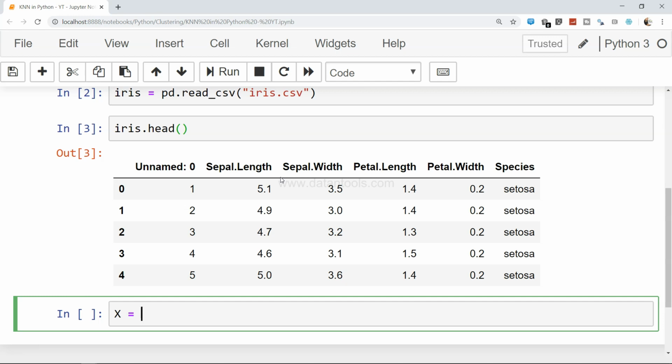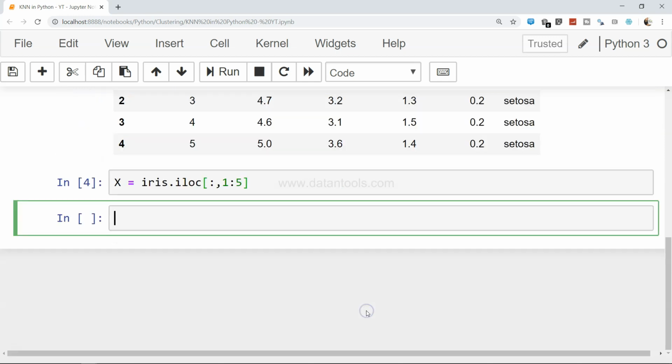So what will be the answer? Well, the answer is iris.iloc, colon, and then the column positions. So 1 to 5. Why 1 to 5? Because the columns start from here. This is 0, the index, so we don't count that. 0, 1, 2, 3, 4, 5. But why 5? Answer me that. So if I execute